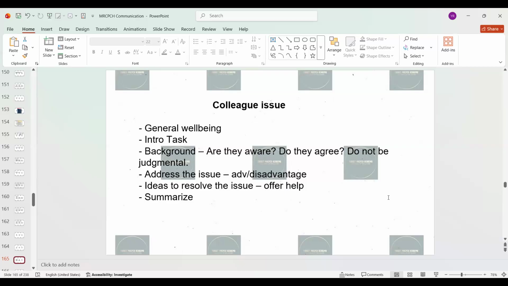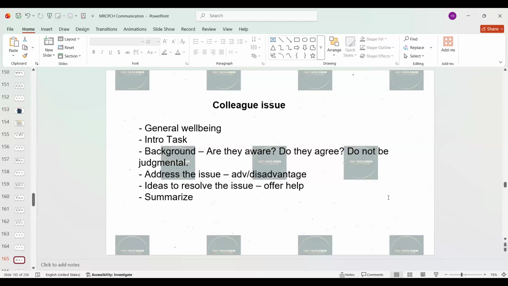When you talk to a colleague, you don't just go in and say all these are wrong. You always ask about their general well-being, like how are you doing, how are you finding the posting. If it is a junior new colleague, you can say this is a new department, how are you getting along, are there any difficulties with the work?